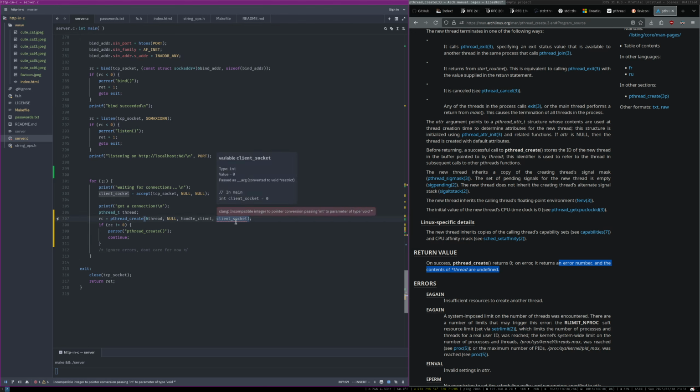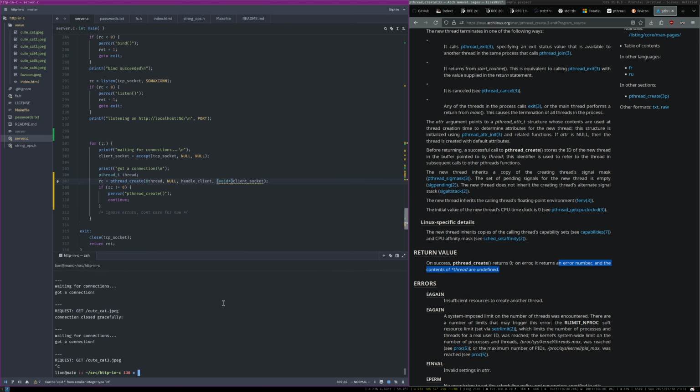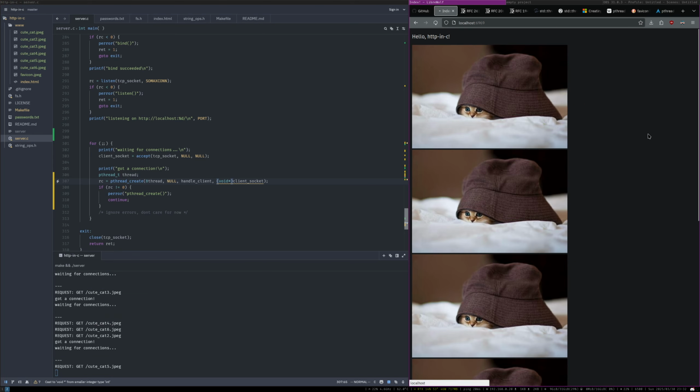And so client socket is going to be void pointer client socket. And so now this actually compiles again. Let's see. Wonderful, it compiles. Now, of course, not happy, and I'll get to that. But now when we do this,